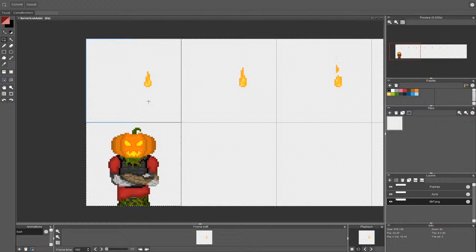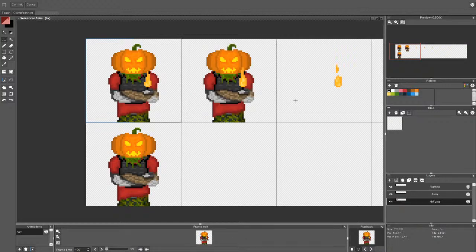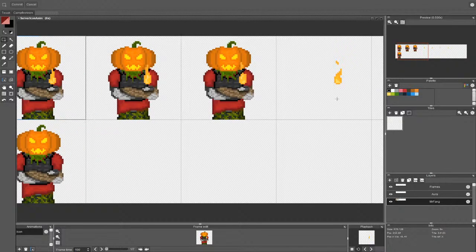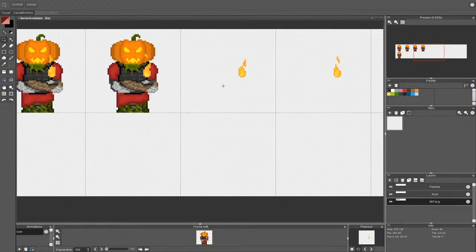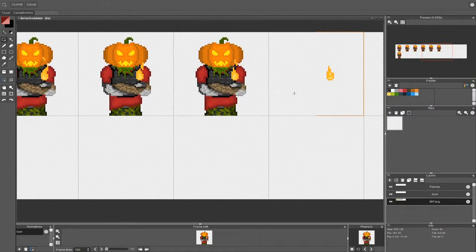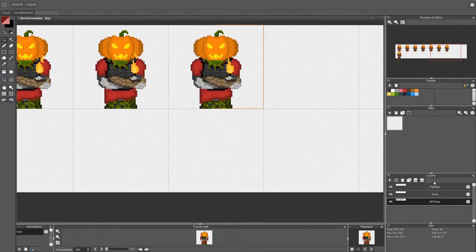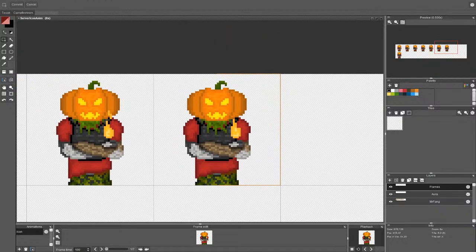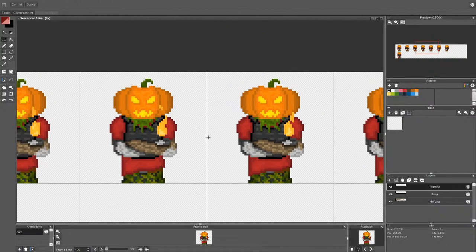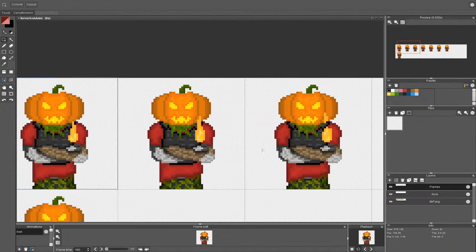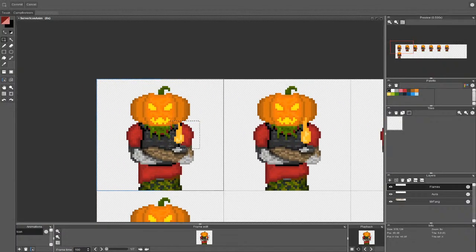Wait, let me just quickly do this, so we can place everything properly and see if in the end we are not making any mistakes. Because I just realized that maybe the flame is too tall. So let me correct everything real quick and then we can happily continue.